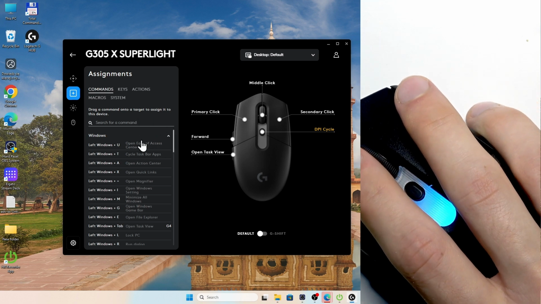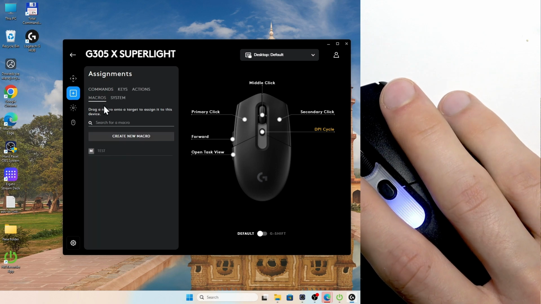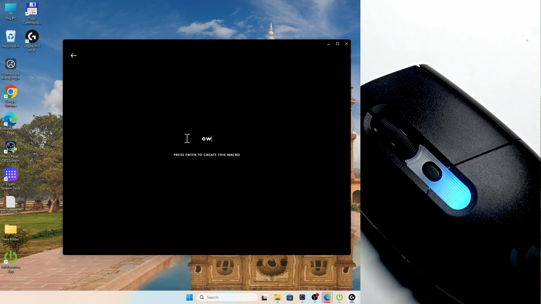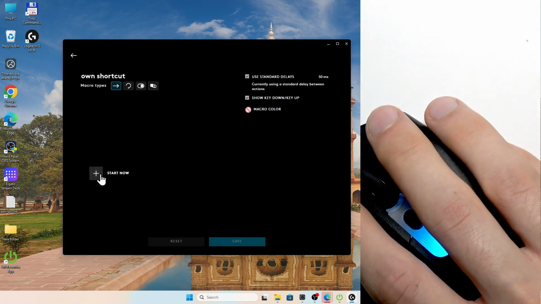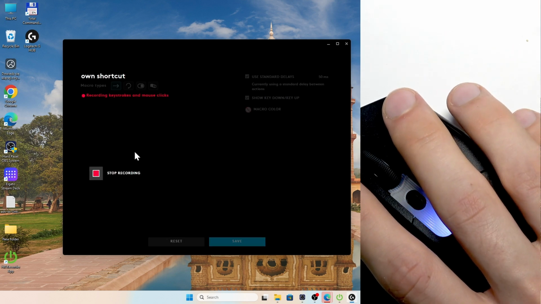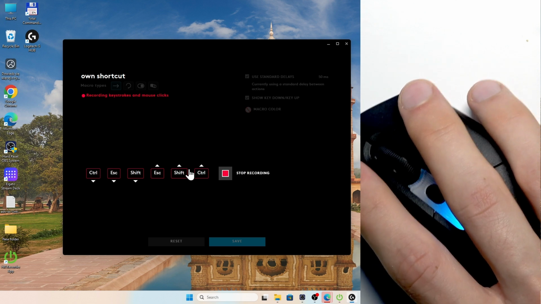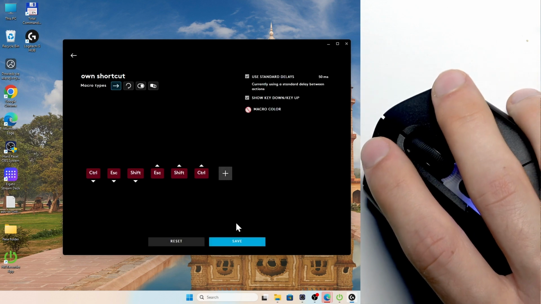Okay. So we did, and if you don't see your shortcut in here, you can create a shortcut using macros menu. Just open it, create new macro, name it your own shortcut, give it no repeat value, click start now, record keystrokes, and then record the macro, record the shortcut that you want to use. For example, Ctrl+Shift+Escape to open